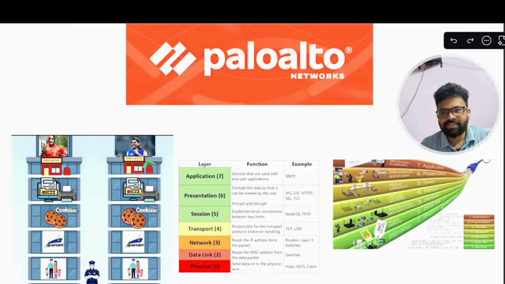Hello, everyone. In the last class, we saw the introduction to networking fundamentals with the OSI layer, because the OSI layer serves as the fundamental concept for the internet to work. So I just gave an outline of that. Just to have a quick summary of that concept, and today marks the official beginning of the Palo Alto